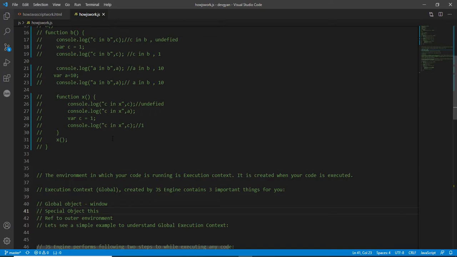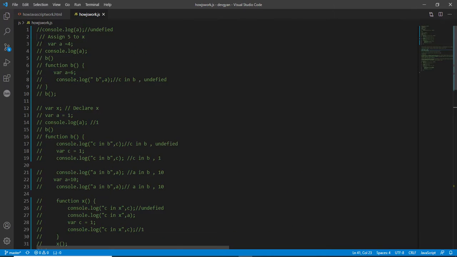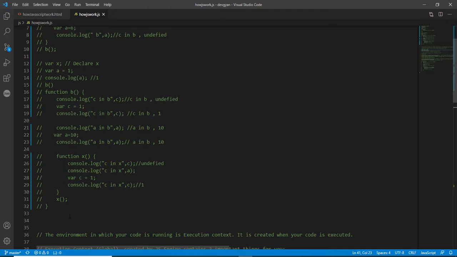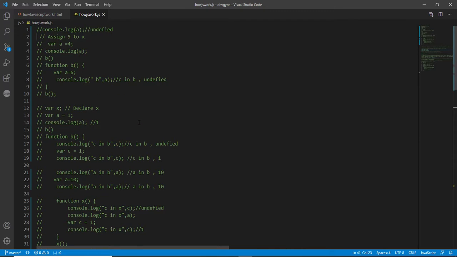Try to understand. This is the global execution context. It means all the code except functions comes inside the global execution context. Now within a function, whatever code is written comes under the functional execution context. Now you understand these things.